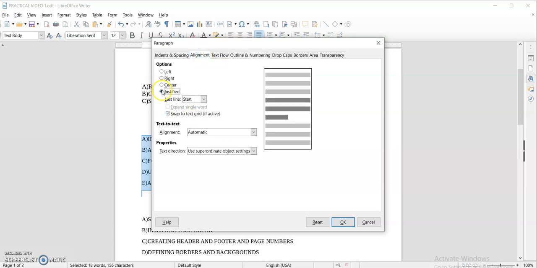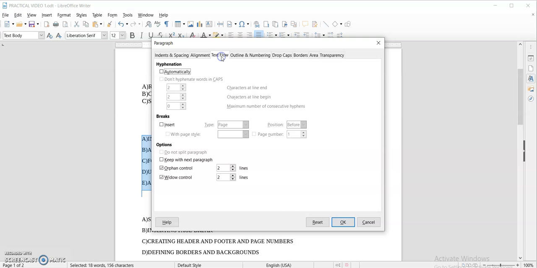Alignment: center, justified. If you want to do it left justified, you can simply click over it. If you want to see the text flow, you can check over here. It will show you the breaks. If you want to insert a break in the paragraph, you can click on this. Then it will ask you the type, page, and position, in which position you want to insert a break in the paragraph. These are the different options